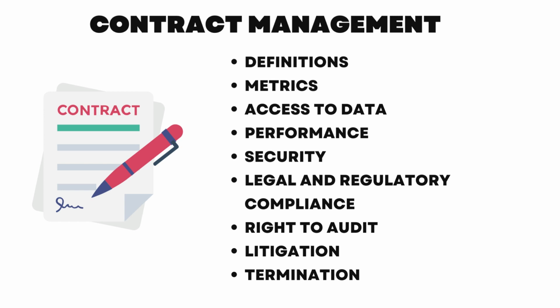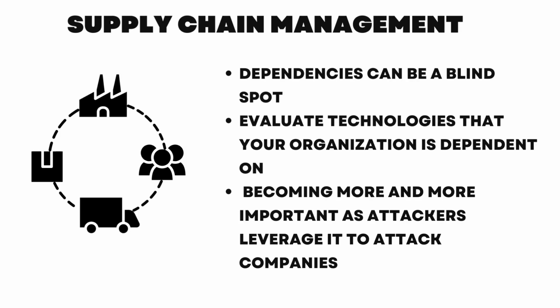And these are the things in contract management. These are all the things you have to understand, right? The definitions, metrics, access to data, performance. These are the things which have to be present in basically all the contracts. Not going to get into too many details. These are pretty self-explanatory. Last one, and the very last topic of the CCSP, very important, is supply chain